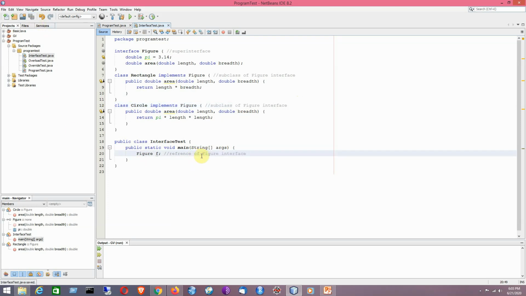So it is the reference of the figure interface. So I cannot write here like this, as I have tested with respect to abstract class also. It is not allowed in Java.